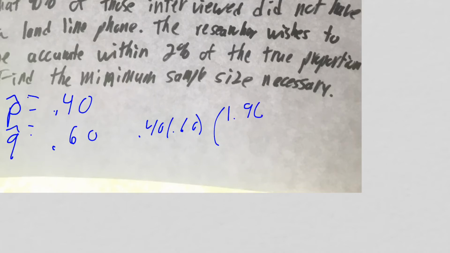Those are things you were reminded of in the last video. And then over your margin of error. Since we want it within 2%, 2% changed to a decimal will be 0.02. And then we're going to square this. Again, make sure that you put the parentheses around the 1.96 divided by 0.02. When you put it in a calculator, you get